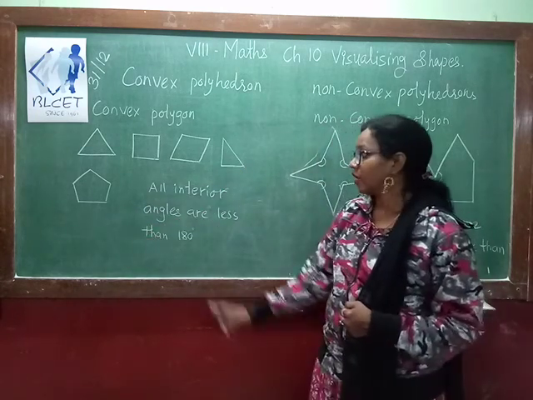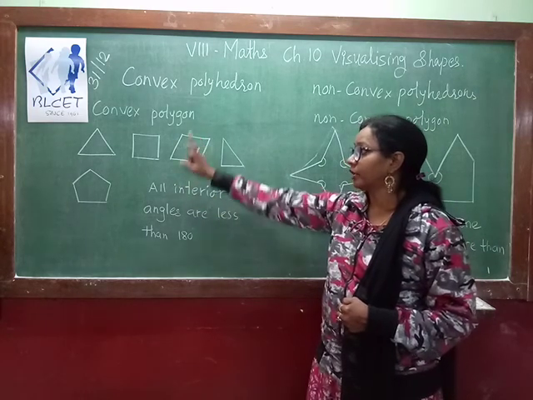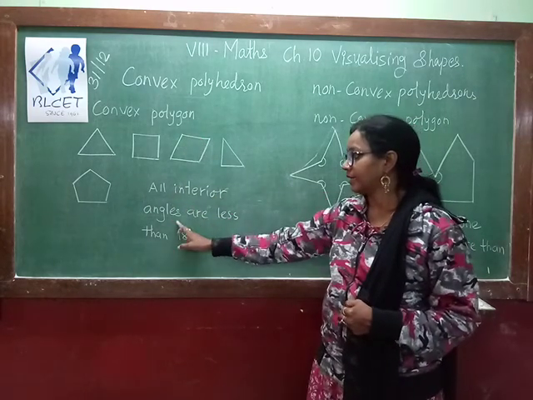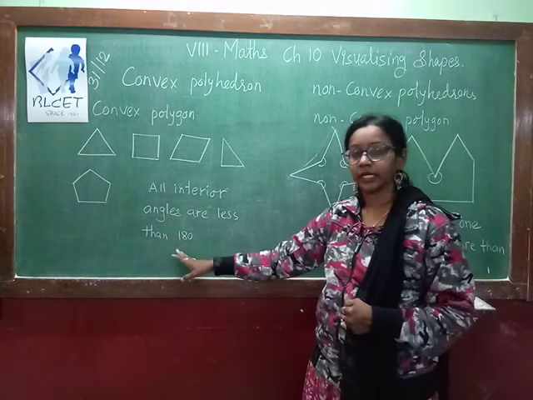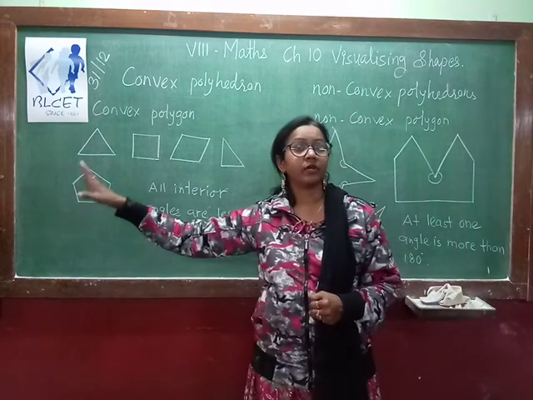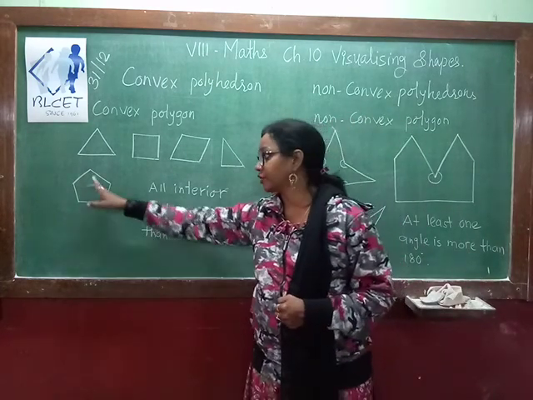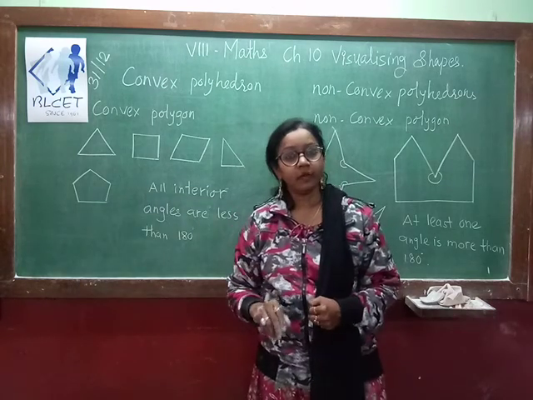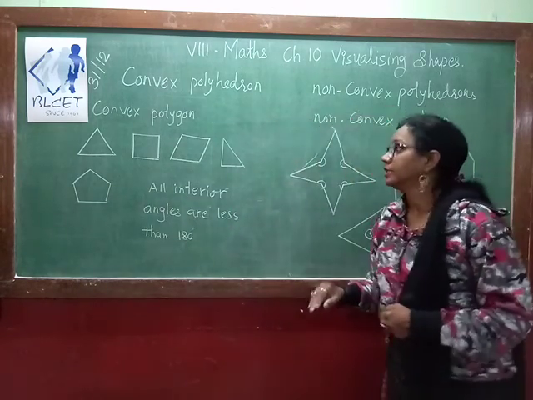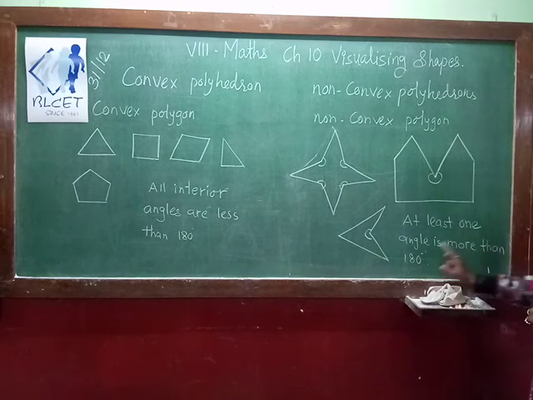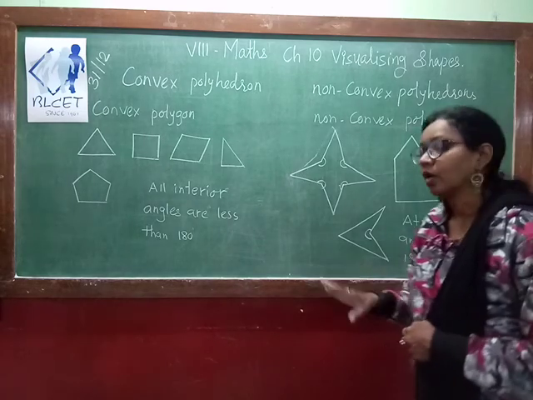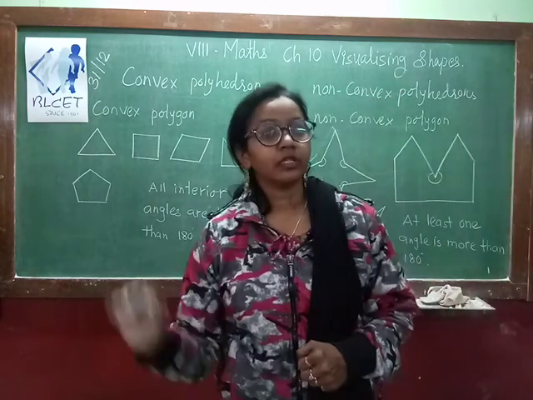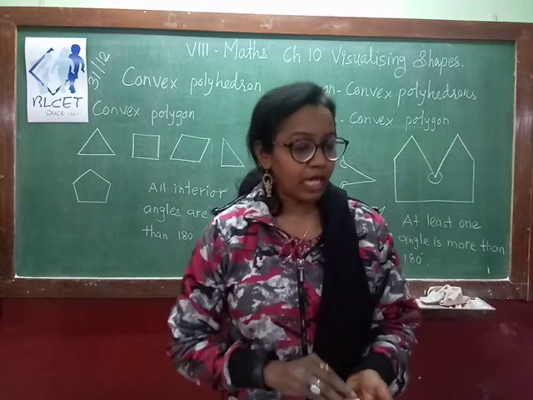Why? Because what is a convex polygon? All interior angles are less than 180 degrees. If you consider a pentagon, it has only 72 degrees each one, so it is less than 180 degrees. But suppose at least one angle is more than 180 degrees, such kinds of polygons are known as non-convex polygons. So on the basis of this, we will now understand regular